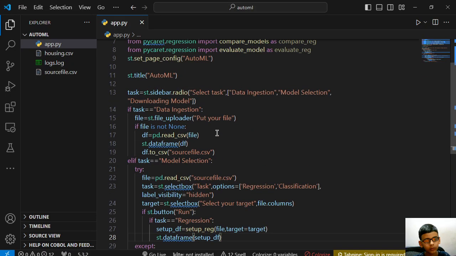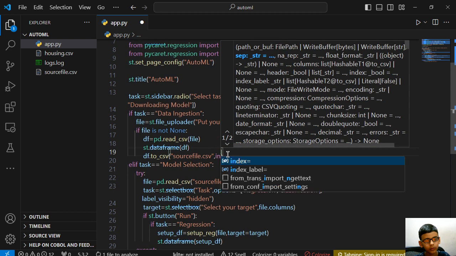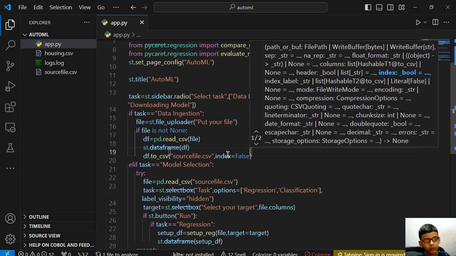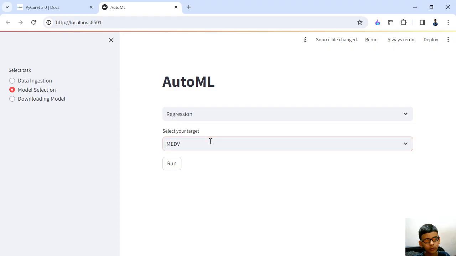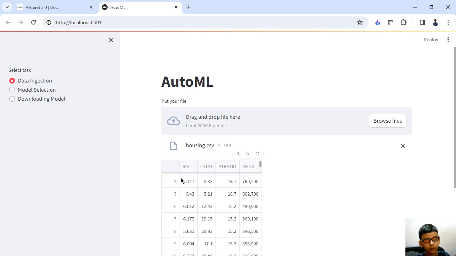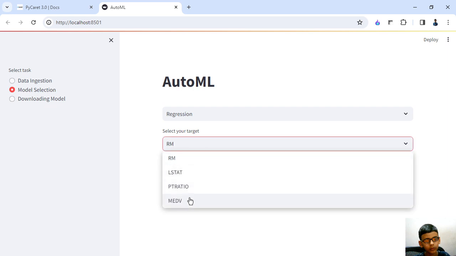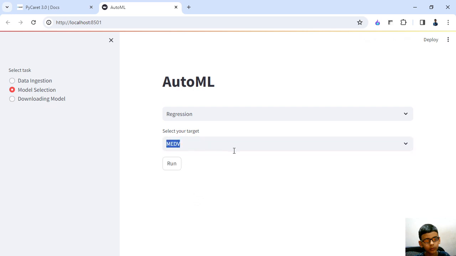MEDV. Here is a parameter in it, index=False, because of this unnamed column. I will tell you why. Here if I go to housing.csv, the index column will be added when I run to_csv, and it will be added if index is equal to True. So then we have these columns, then MEDV, and this is a regression problem. Run this. Now let's see